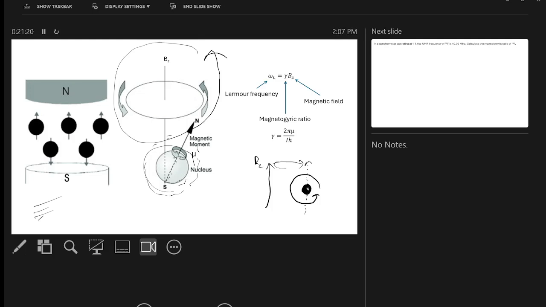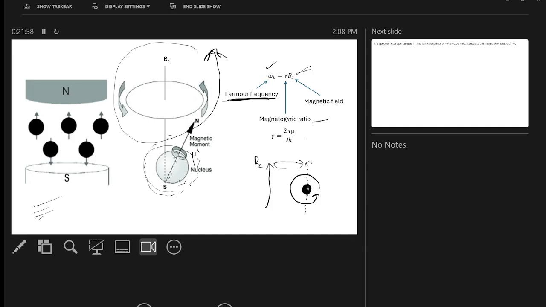Okay, like this. And this is called Larmor frequency. This rotation is called Larmor frequency. This is given by gamma B0. Okay. So if the strength of the applied magnetic field is higher, this Larmor frequency will be higher. So someone may ask on what factor this Larmor frequency depends, then you can say it's the applied magnetic field. And this gamma is constant. This is called magnetogyric ratio or gyromagnetic ratio. Other way you can say that. And this is nothing but your 2 pi mu by IH.